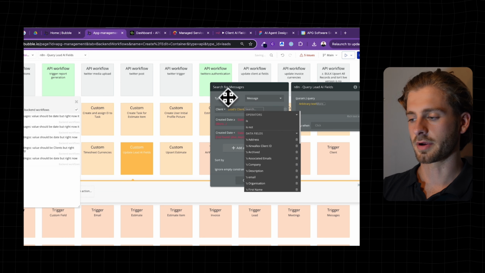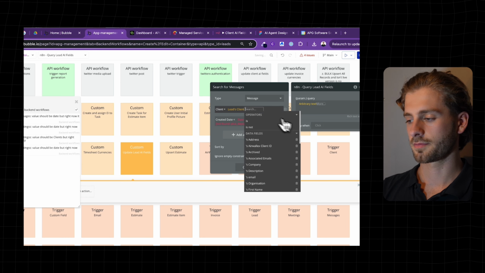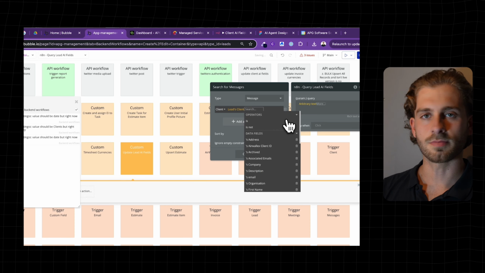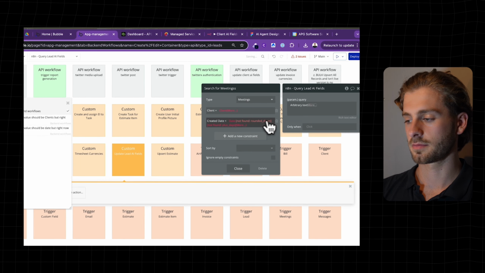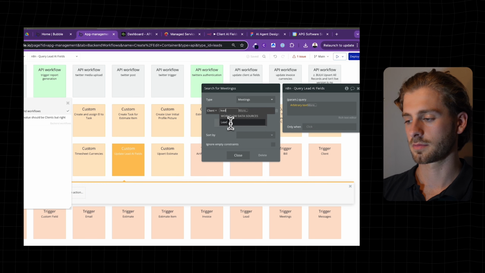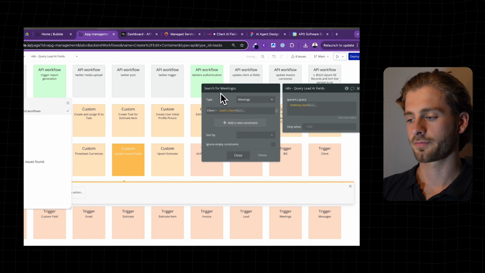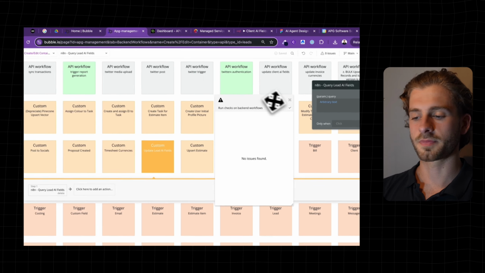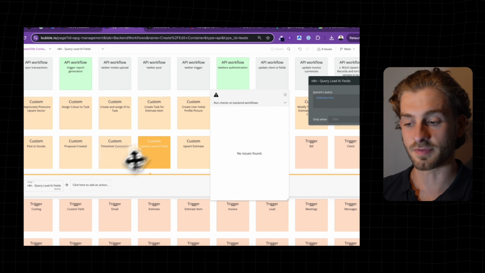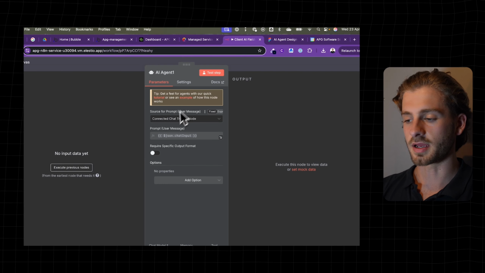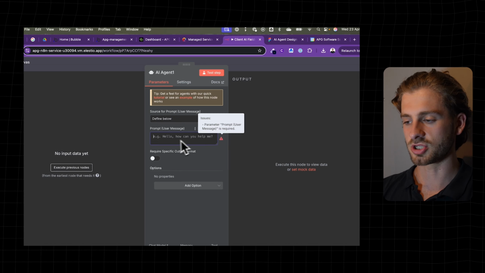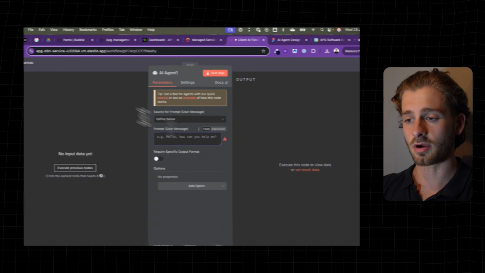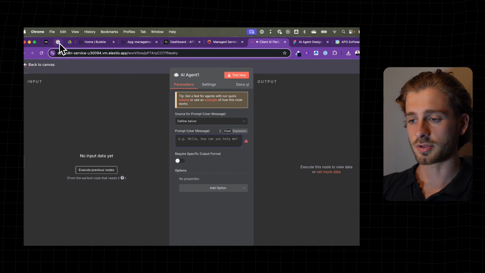Now we're just migrating the expressions over to work with the lead. Cool. And now we have all of that information being populated. We need to come back to the AI agent. Now it's going to work from a definition, and we need to craft a prompt. So what I'm going to do